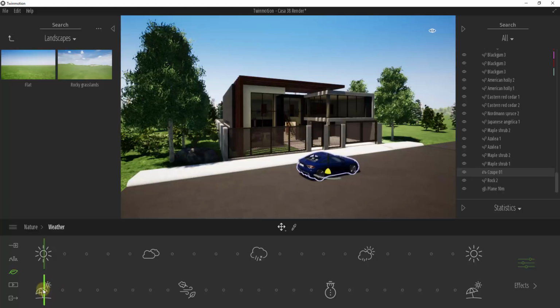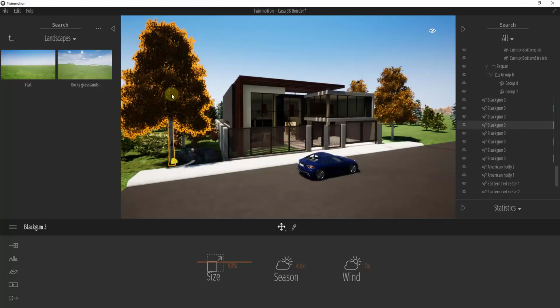And so you can see how if I click and drag this, where the other one created precipitation in the sky, this one is actually affecting things like the vegetation inside of your rendering. So for example, if I drag that to right here, you can see how my trees that have this setting are turning orange, kind of like they would in fall when all the leaves start falling. And one thing to note about that is you can select each one of these trees and you can